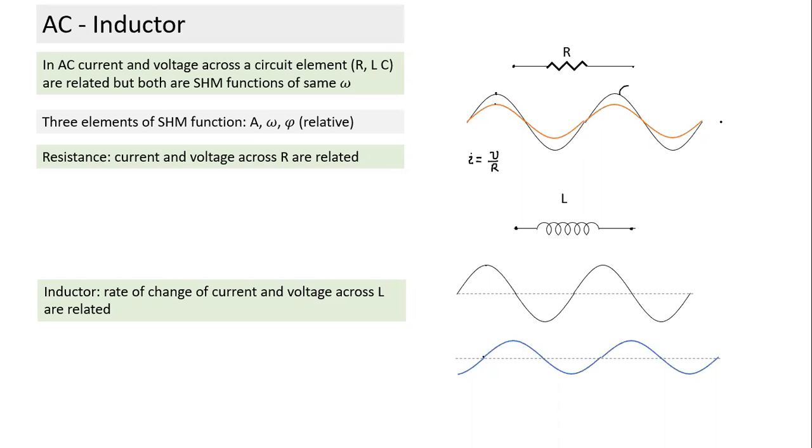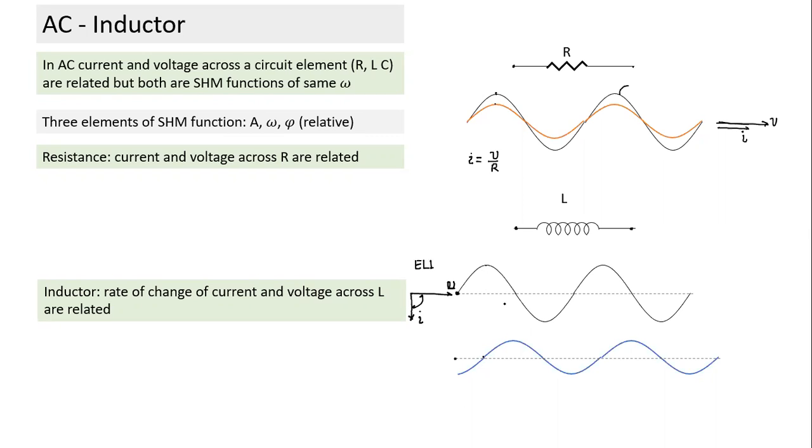In case of resistance, if V is like this, the current also will be in the same phase. Let's see in this case, at t equal to 0, if I draw the phasor, how would it look? The voltage phasor at t equal to 0 will be like this, and this will be the current phasor at this particular instance. So at any point of time, the voltage will lead the current by 90 degrees, and that's called ELI.